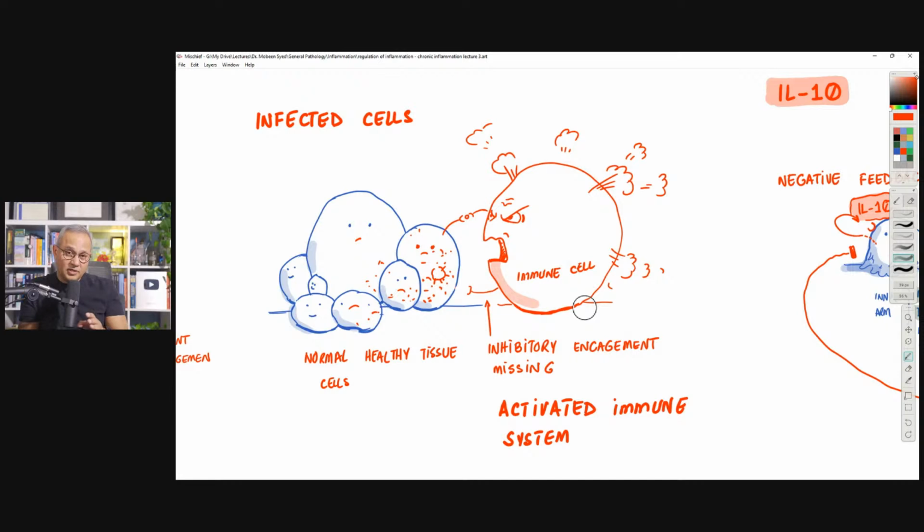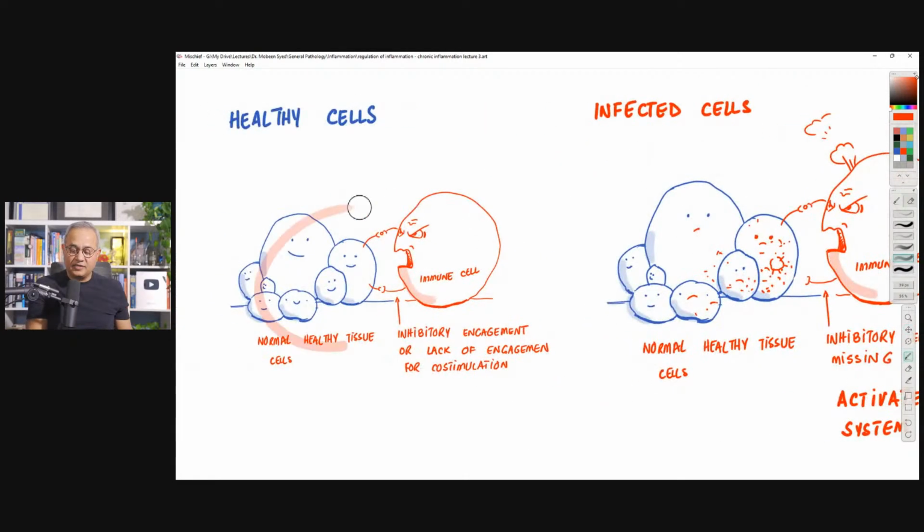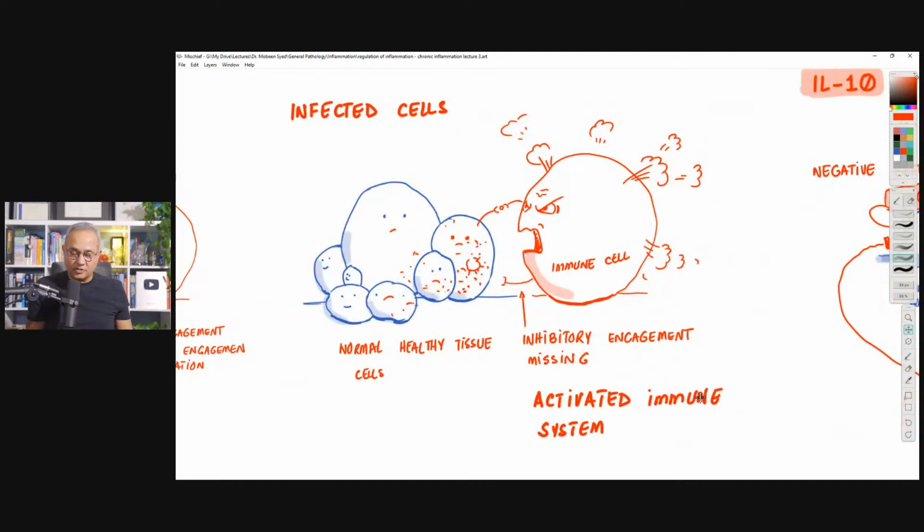Now, this can become abnormal as well. It could be that the tissue is normal, but the immune system cell may not even have the brakes that are engaged by the normal tissue to tell the immune system robot to stop. That is a genetic problem. Or the healthy tissue cell may not have the ways to apply those brakes. That's a genetic problem, for example. All of a sudden, they both do not want to harm each other, but they end up harming each other. And that would cause chronic inflammation.